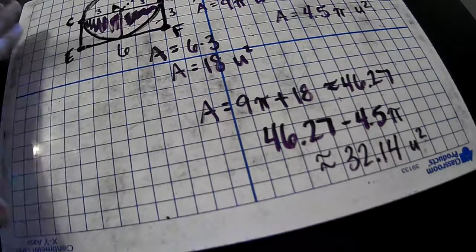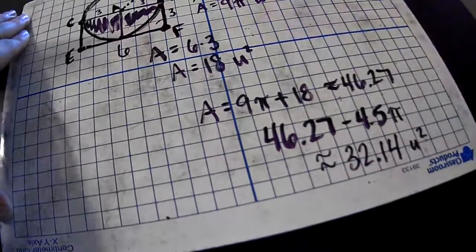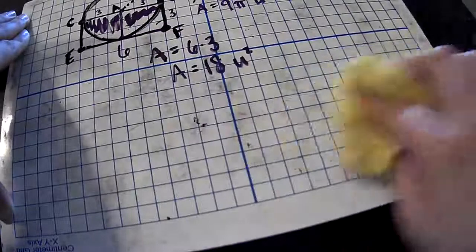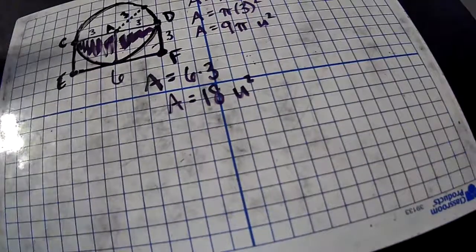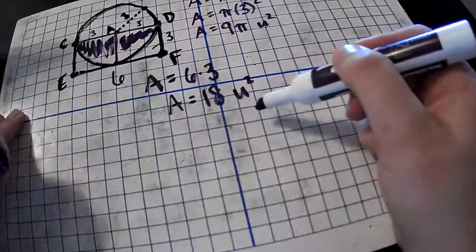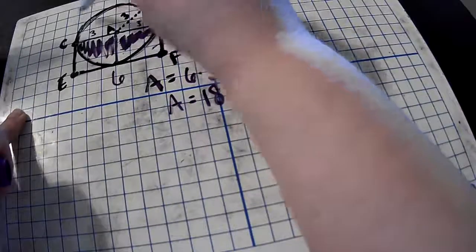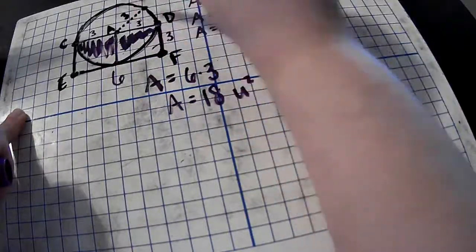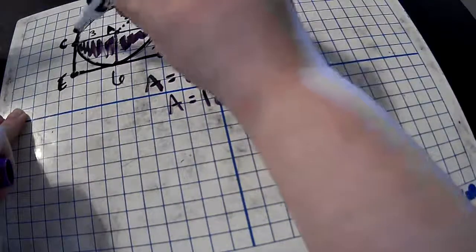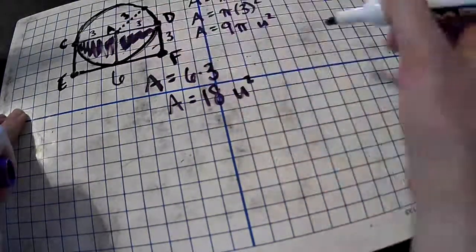Okay, now the other method that we could have used there, and this is probably the one that I would have done, instead of thinking about subtracting out the half that got counted twice, I could have just never included that amount in the first place. And so when I looked at this problem, I thought of it as a whole rectangle here with an area of 18 square units plus half of a circle that was placed on top of it, right? So if I think of it as just a whole rectangle and then a semicircle on top,